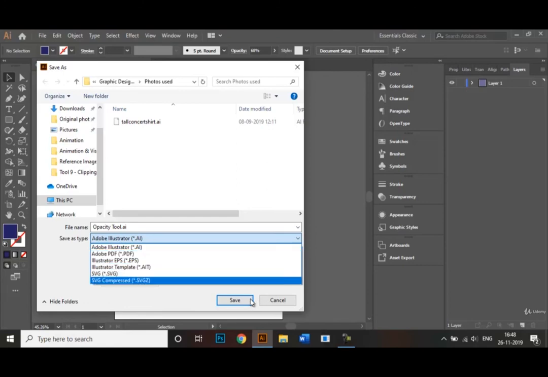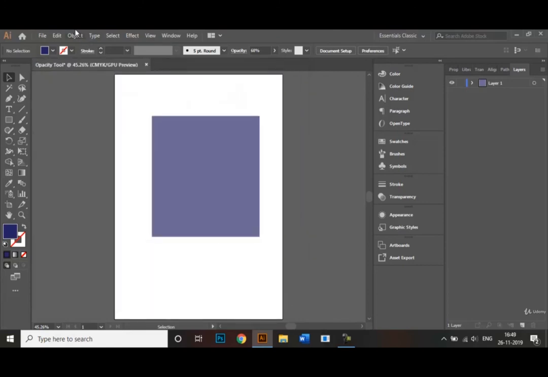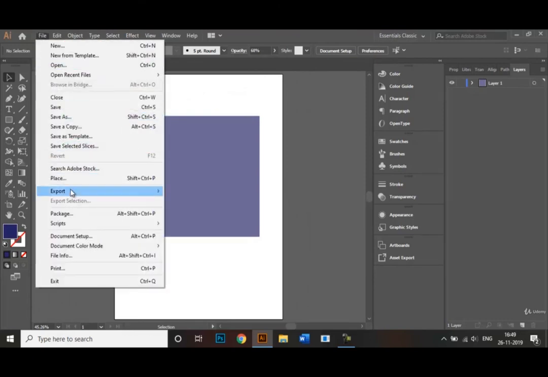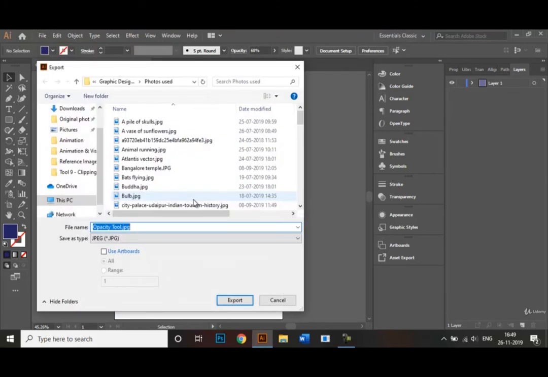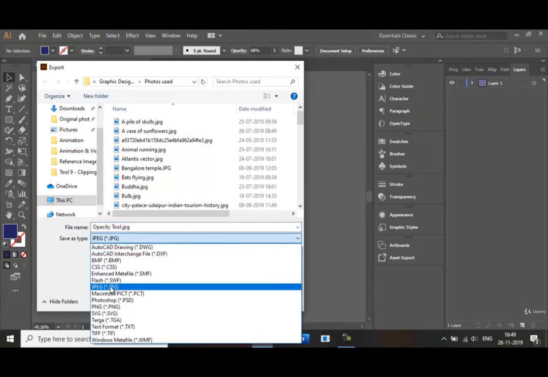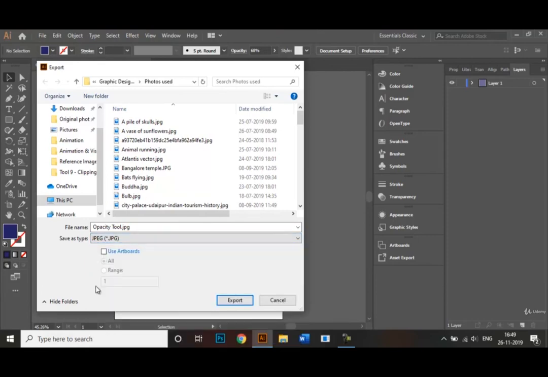Once that's done, you can also save your documents in a PDF format, choosing the PDF format and clicking on save. Or you can go back to file, go to export as, and save your document in this JPEG format right here. In case you do not see this JPEG format, click on the drop down box below and choose JPEG. Once you do that, we just have to click on export, and that's it.